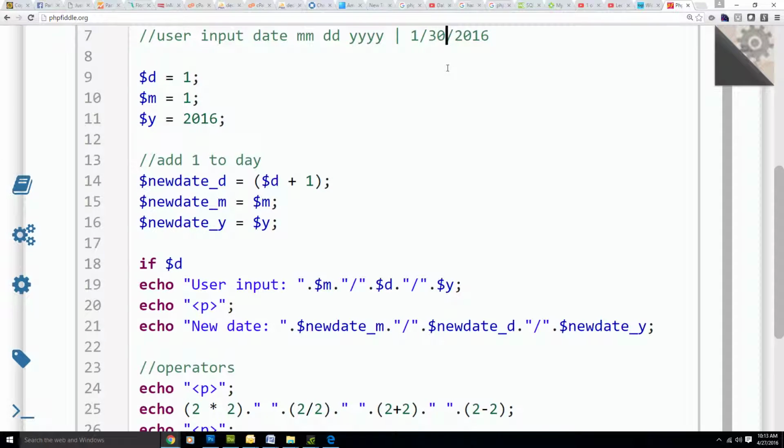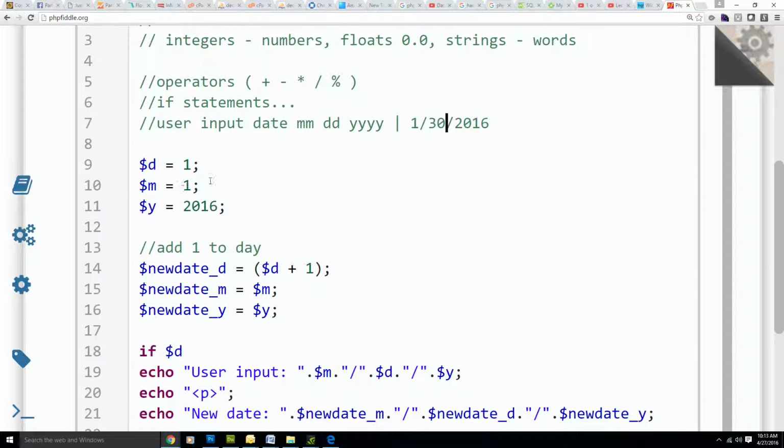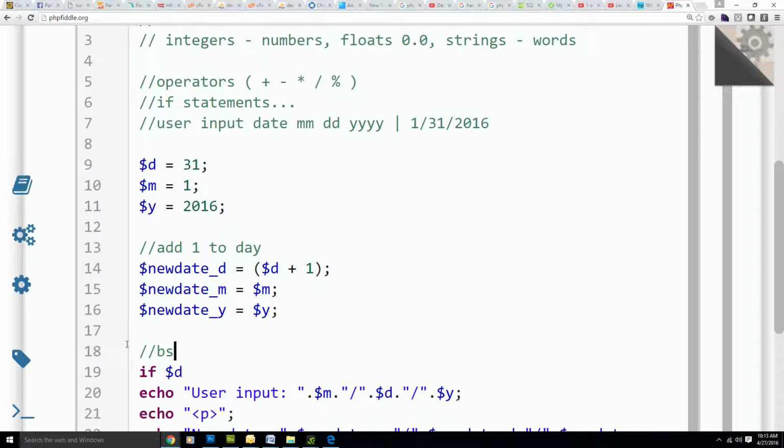Let's go with January 31st as our user input day. And so that would mean that the day is 31st, the month is January, and the year is 2016. So we're going to add one today, and then over here we're going to validate,